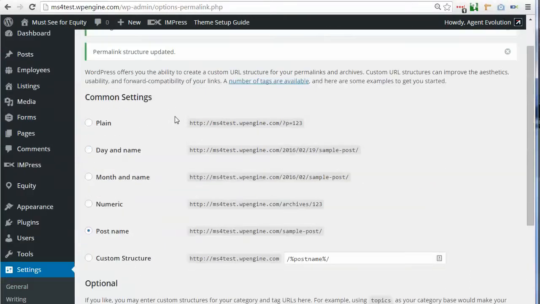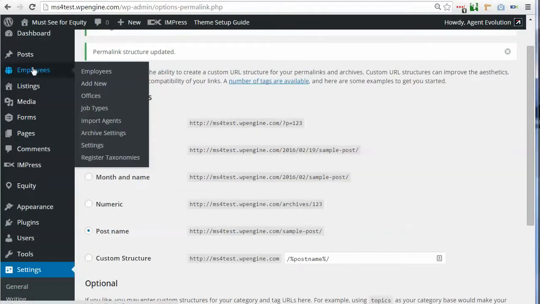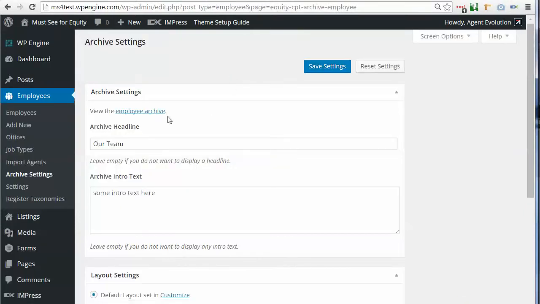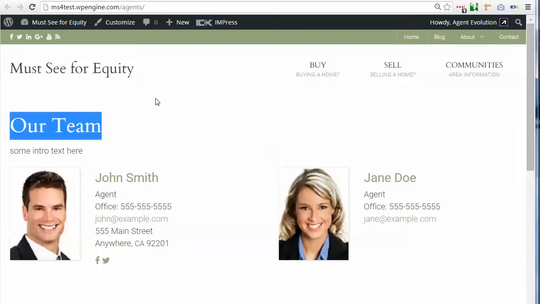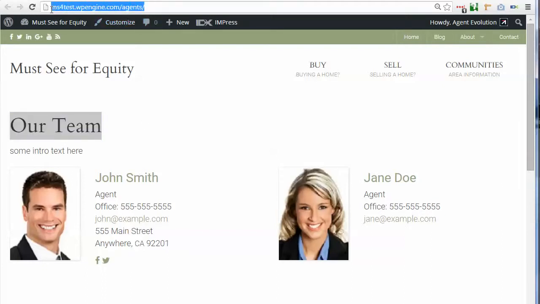Okay, now let's go back to Employees, Archive Settings, and let's view that archive again. And you'll see now the URL says Agents. Now if we want to add this to our menus, in this case I want to add a menu item that says Our Team. So I'm going to use this archive URL,